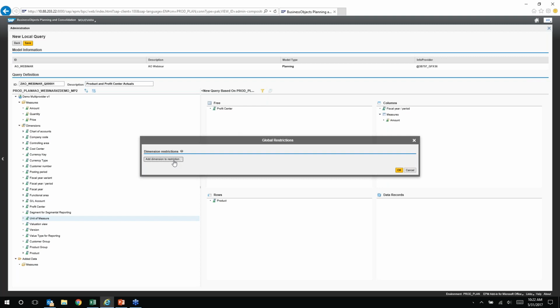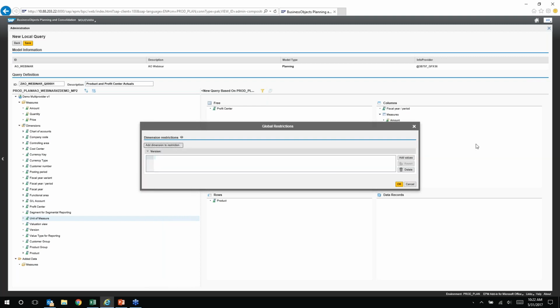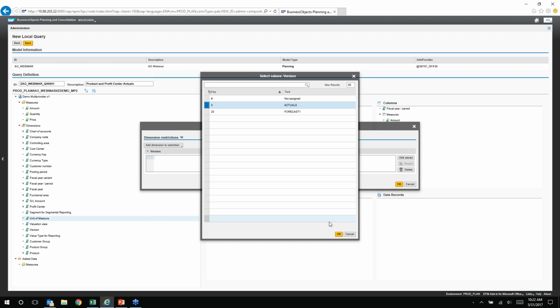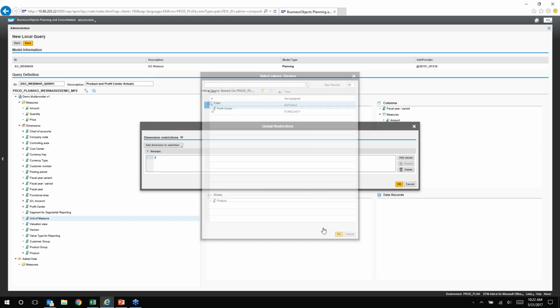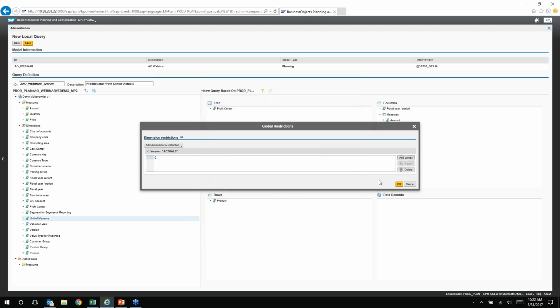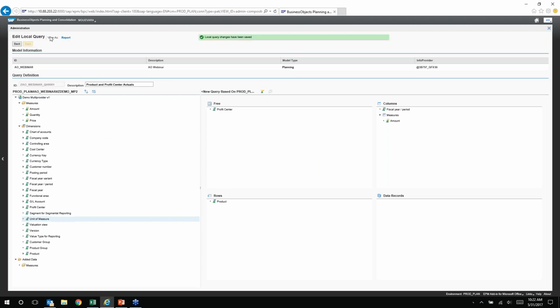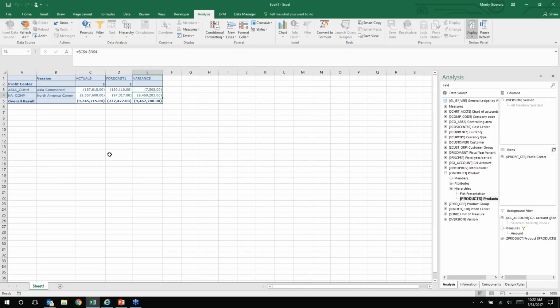And I can add a filter on this. I only want to see actuals. So in this particular system, my actuals would be version 0. So I'm going to say filter this only to allow us to see version 0. Click OK. And that's it. I can save this. That query is saved. Now, if we go here, go back to AO,